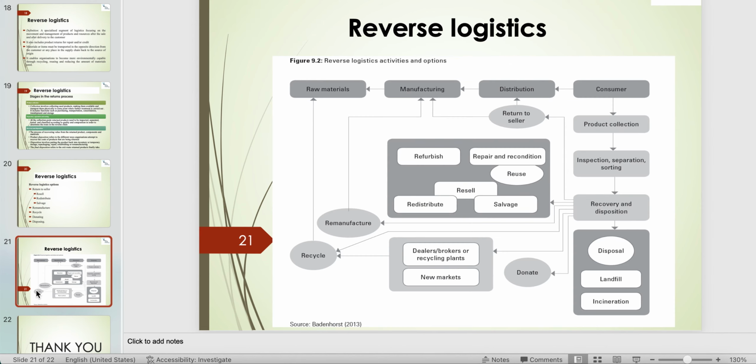So this is basically what I've spoken about. The figure is to highlight just these reverse logistics activities and what can happen, at what stage the product is, or it can be remade into something else, or does it go finally to the landfill? Does it need a remanufacture, or can it be recycled? Depends on what stage the product has been returned back.